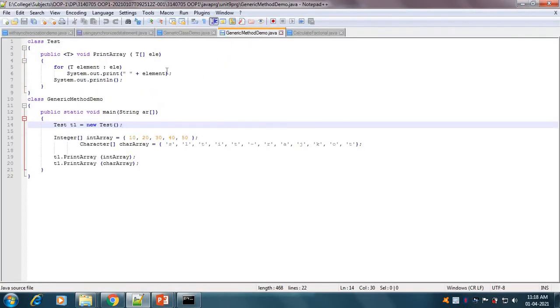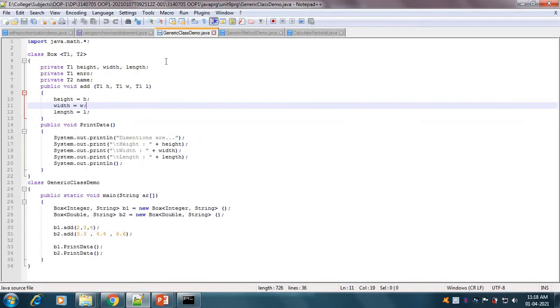Here in the generic example we can see that our class Box is there. We have passed two generics, T1 and T2. In it we are defining height, width and length of type T1, enrollment number of type T1 and name of type T2.